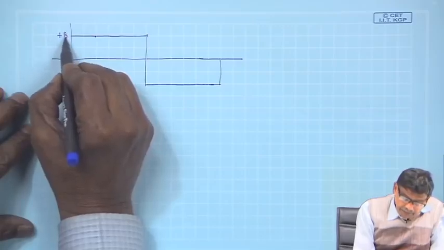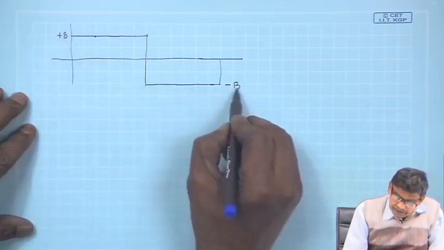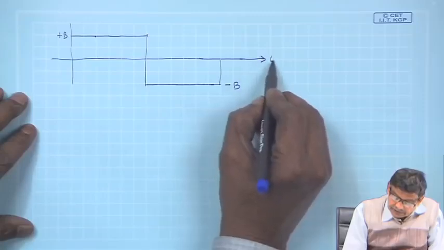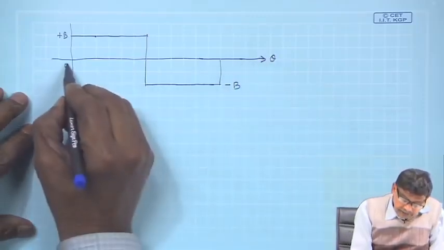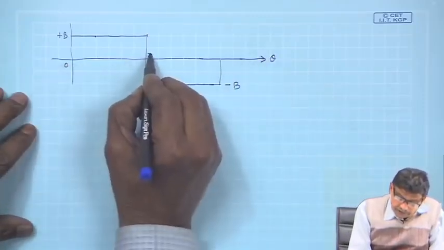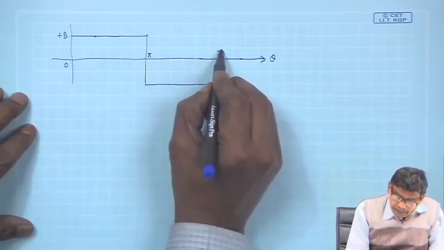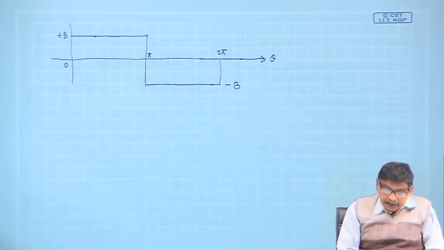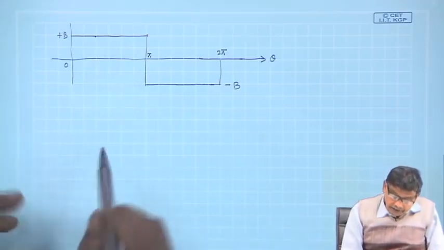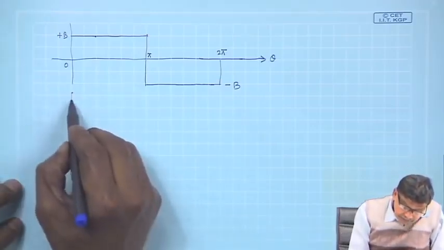This is the plus B and this is minus B, and this is all electrical theta, and this is 0, this is pi, this is 2 pi. Now, if you break it up into a fundamental component,